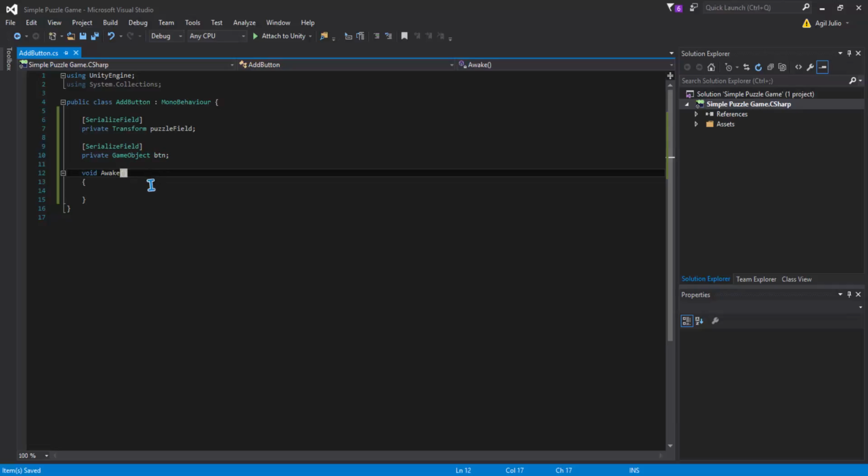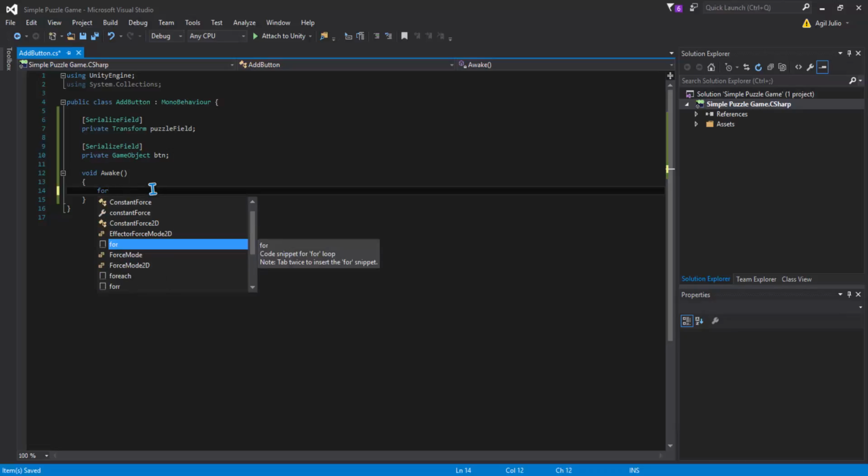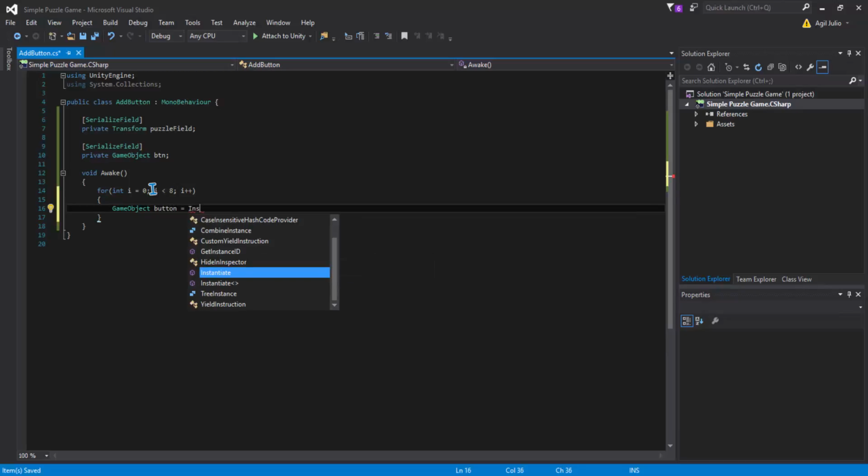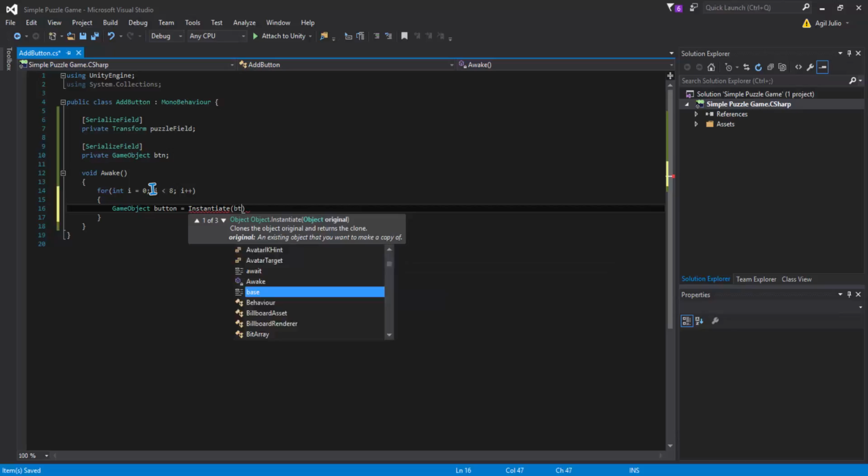So we need a layout of buttons: for int i equals 0; i less than 8; i plus plus, game object button equals instantiate btn.